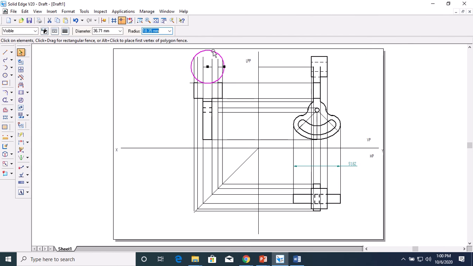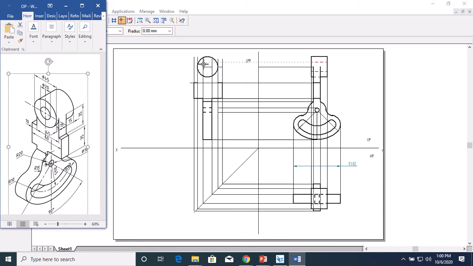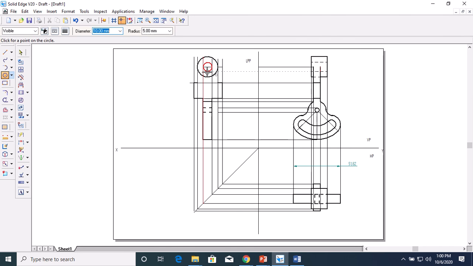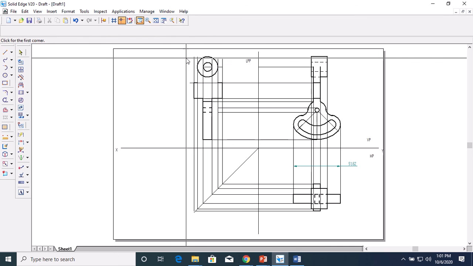So let me see what this dimension is. It is showing 36. So the diameter has to be 22.5, like that. Draw the circle. So it will fit in between these two lines. Okay, again, one more circle of diameter 10. This 20 is the circle. Diameter is 20 here. Here it has to be 10 because you are doing it in half scale. It will fit here exactly. Okay, like that you have to draw. Then you have to join this tangent to the arc.